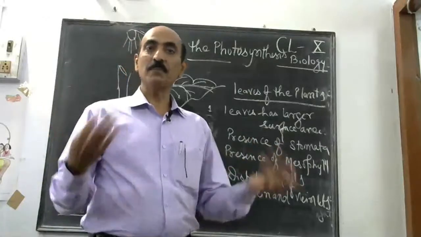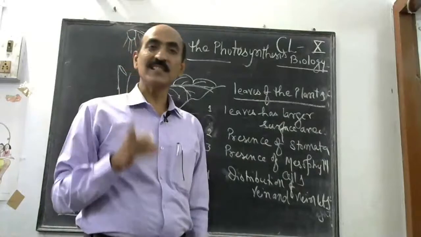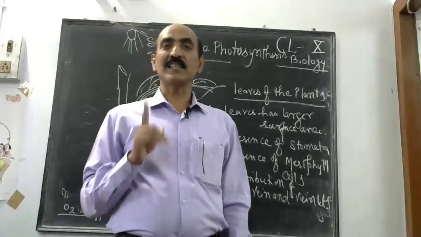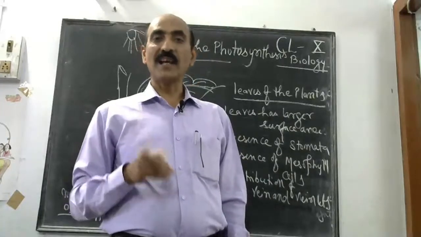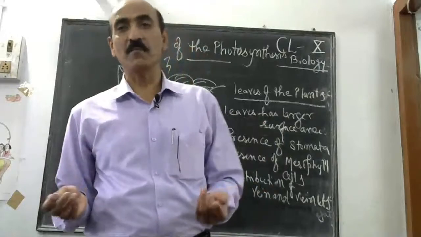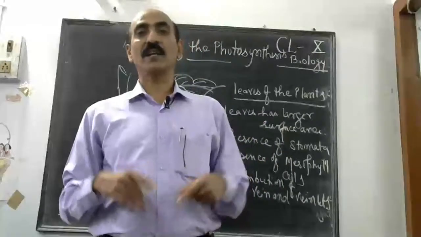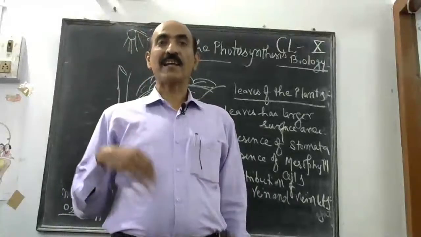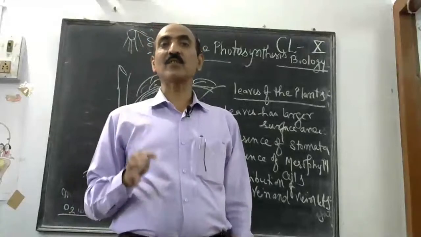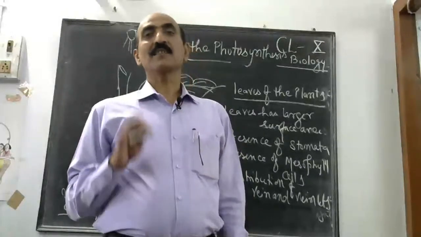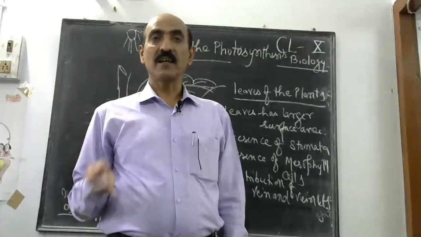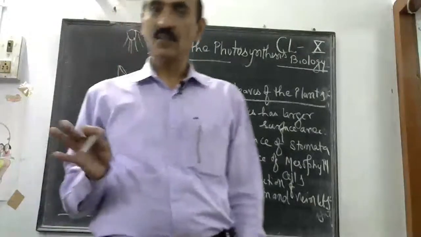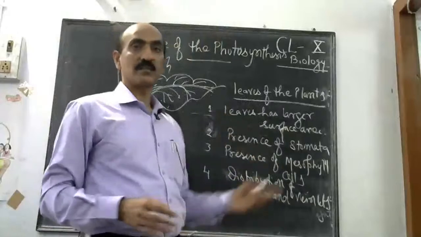Okay, so once again we can define photosynthesis. Photosynthesis is an anabolic process in which green plants synthesize their organic food with the help of inorganic material of their environment like CO2 from air, water and minerals from the earth, in presence of sunlight and chlorophyll pigment. Food is synthesized. In fact, O2 is the byproduct of photosynthesis. Okay, now let's know some more about the